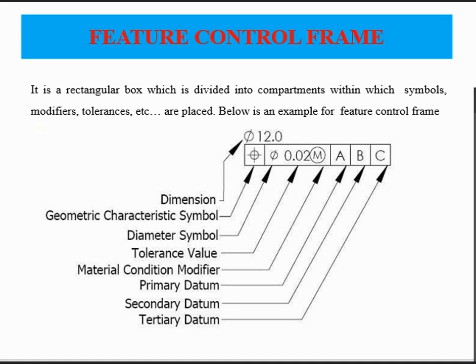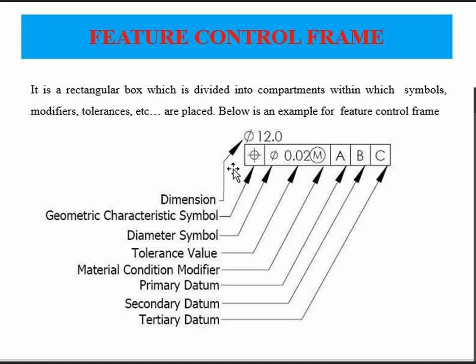This feature control frame is mainly divided into three parts. It is a rectangular feature frame, that you can see here. The first part is dedicated to the geometrical feature that you want to elaborate or discuss. The second part of this rectangle is talking about the dimensional tolerance. And the third part, where you can see this A B C, is talking about the datum. So I'll explain this rectangular feature frame first, because the knowledge of this is very important while reading out